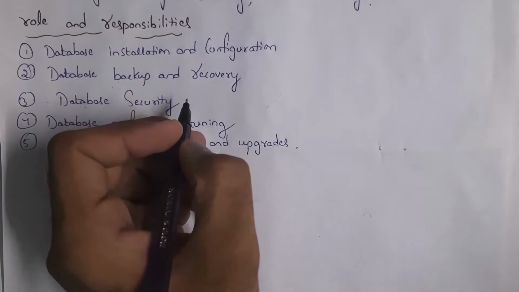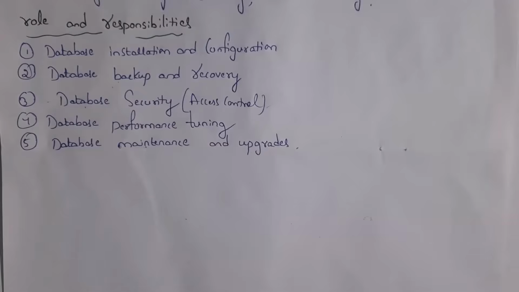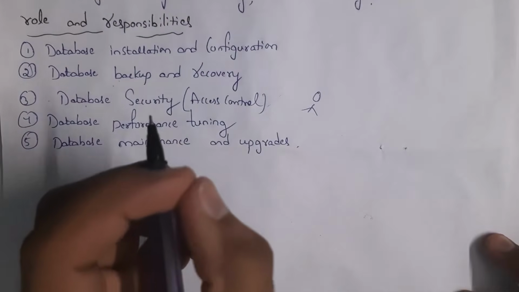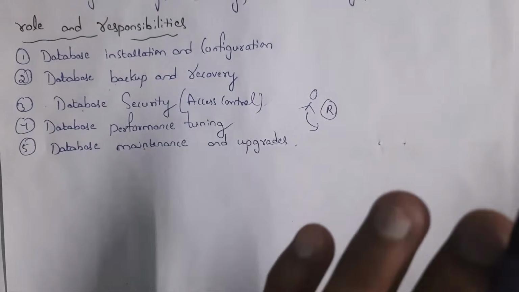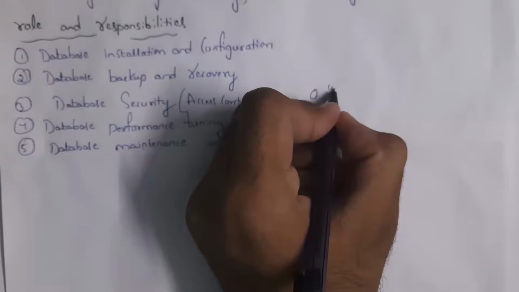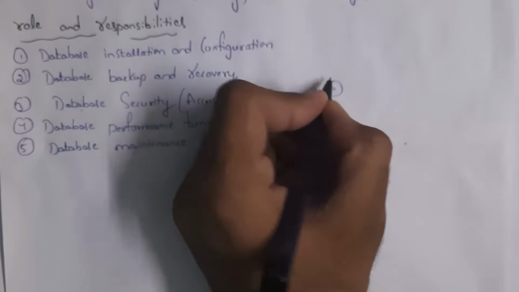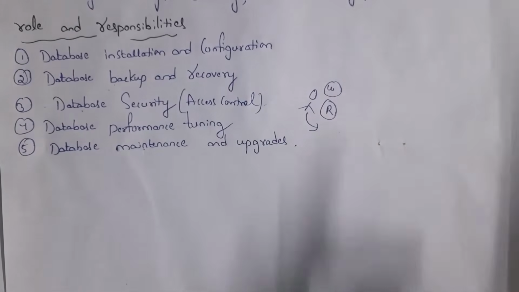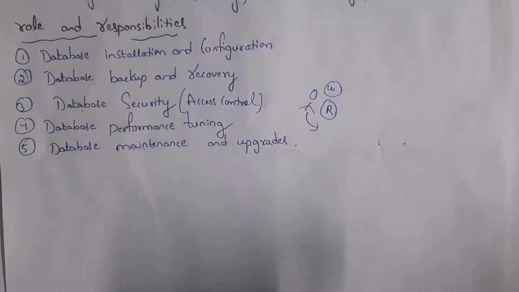And also this database administrator will give various access control permissions. For example, for some users DBA will give read permission and for some other users DBA will give write permission. If the database administrator gives only read permission, the person cannot insert or update or delete data. Just he can read data. For example, if DBA gives write permission, then this person can perform various operations on the database like he can insert data, he can modify data and he can delete data. DBA will give various types of access control permissions to various users.